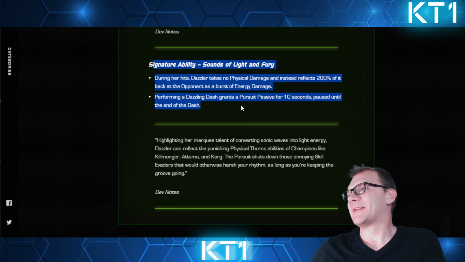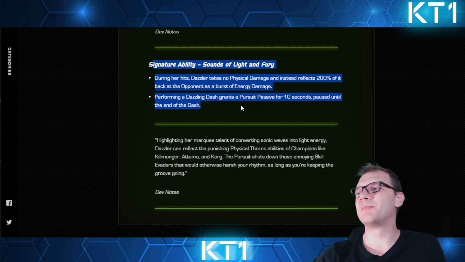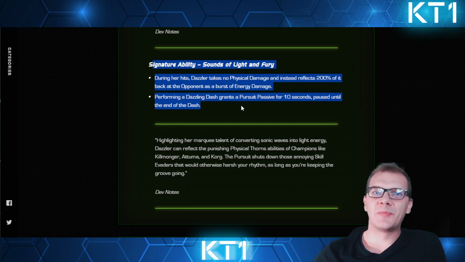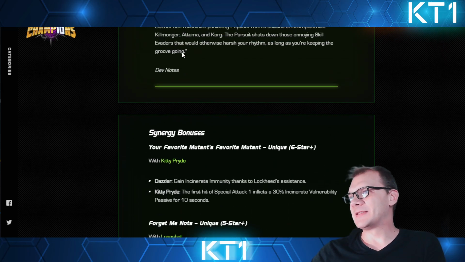Signature ability. During her hits, Dazzler takes no physical damage and instead reflects 200% of it back at the opponent as a burst of energy damage. Keep in mind that goes from like 20% to 200% based on your SIG level. As well as, unfortunately, performing a dazzling dash grants a pursuit passive for 10 seconds paused until the end of the dash. The pursuit passive is also timed based on SIG level. What does that mean? That means